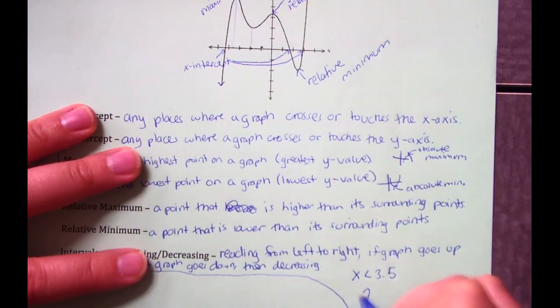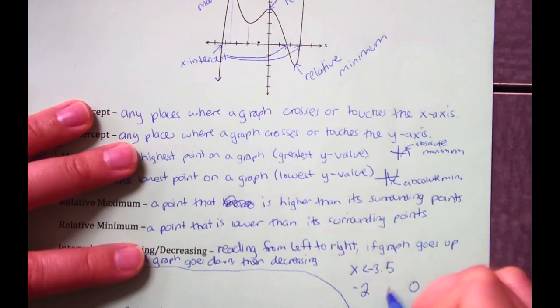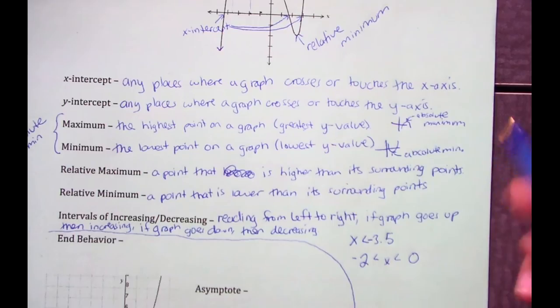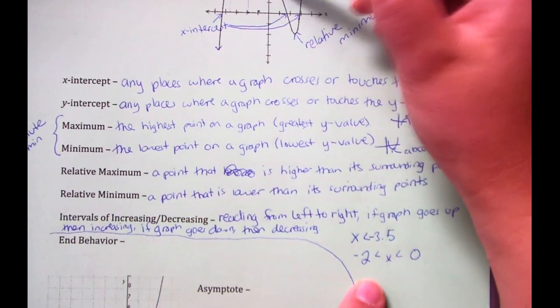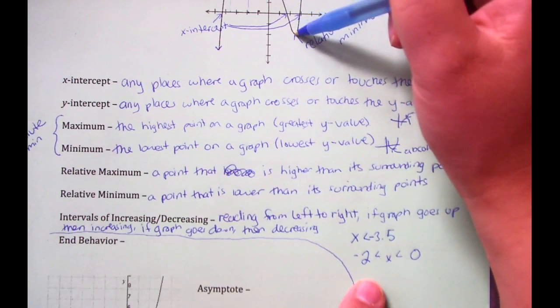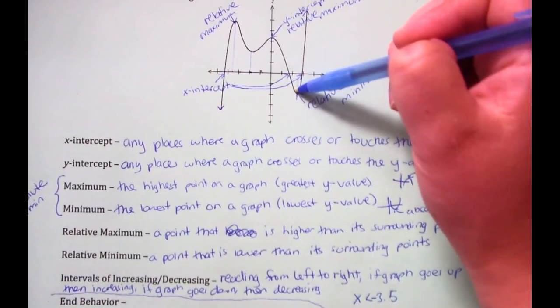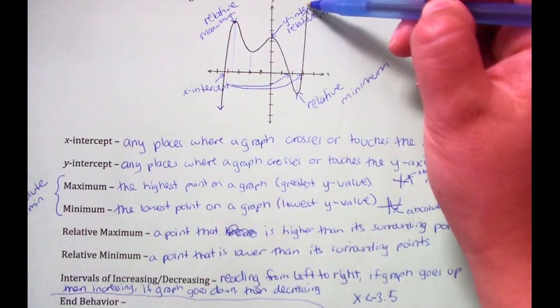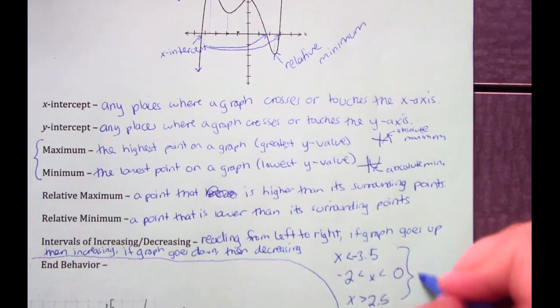So we'll write from negative, oops, that should be a negative 3.5. From negative 2 to 0, and everything in between, the graph is going up here from negative 2 to 0. From 0 to about 2.5, it's decreasing, it's going down. And then from about 2.5 on, it's increasing again. So for all of the x's that are bigger than about 2.5, these are all increasing